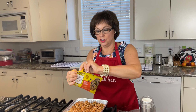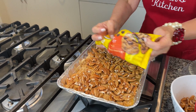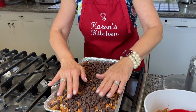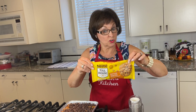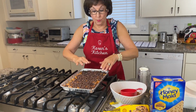The next layer in a Hello Dolly is just semi-sweet chocolate chips. And I'm gonna use a whole bag. So this is 2 cups. Make a nice layer on top of your nuts. But again, you can jazz it up if you like. If you like butterscotch chips, you can use butterscotch chips. There's all different kinds of flavored chips that you can buy. You can even use 2, depends on how deep your pan is, because you gotta have room for the